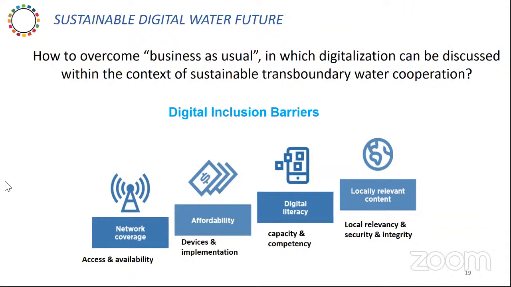Okay. So then, how it is locally relevant and about the security and integrity. So talking about the governance and political issues of the technologies and the security and privacy on the other hand. All of those challenges are some new topics bringing into the diplomacy and negotiation of the natural resources and shared waters. So we're having that in a project that we're looking at those things, and we make sure that when